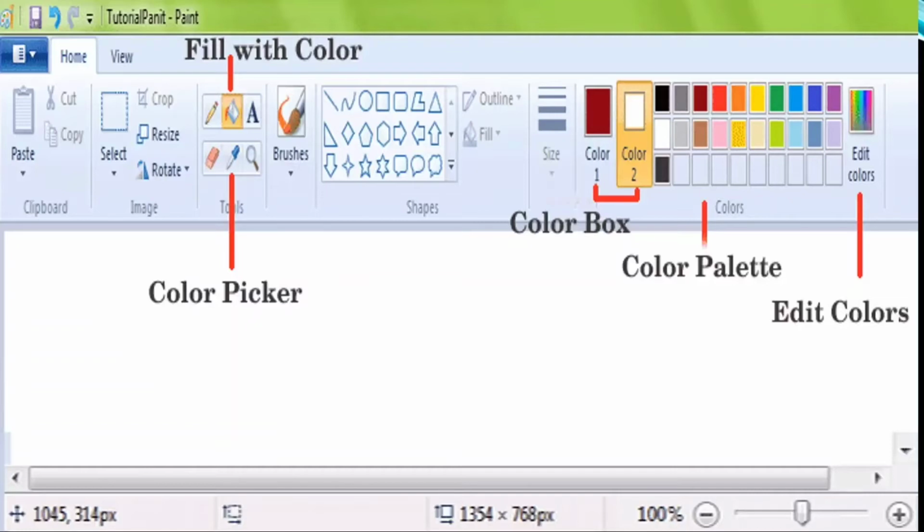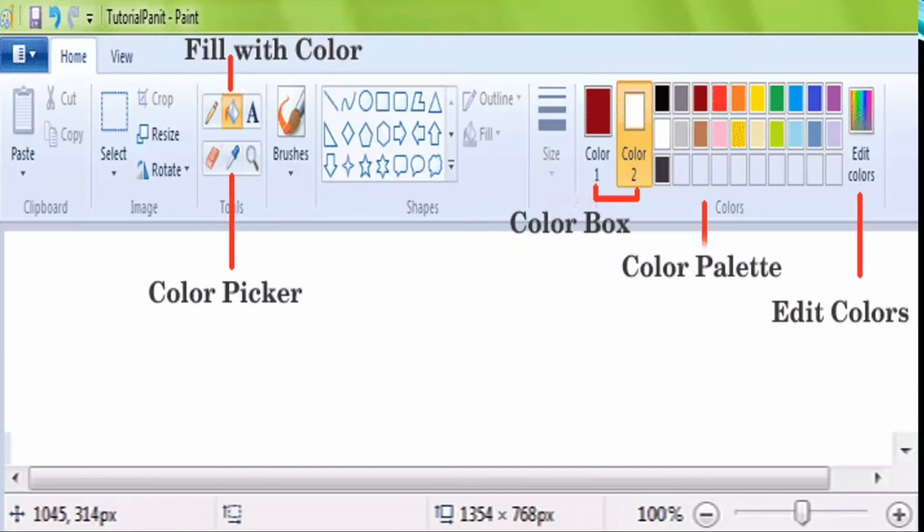Color 1 is the pencil color, meaning whatever color of pencil you want to use, you just click on color 1, click on the color palette and select a color. And about color 2, it is the color of the page. If the drawing area is white, then color 2 will be white. Suppose you want to erase something. You have taken a white page and written with a black pencil and erase it.